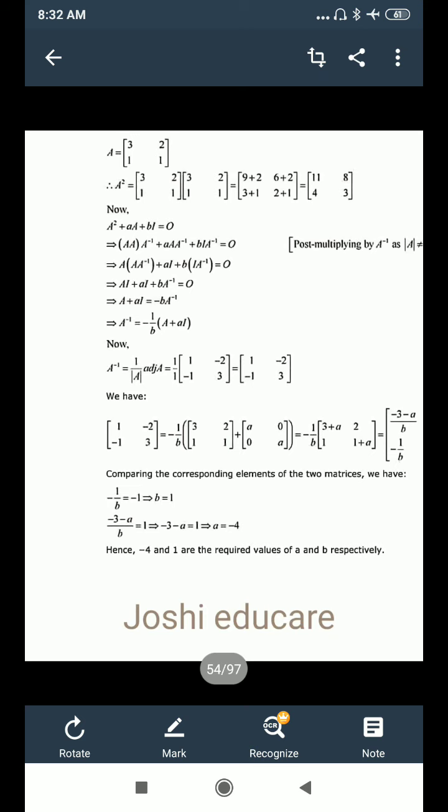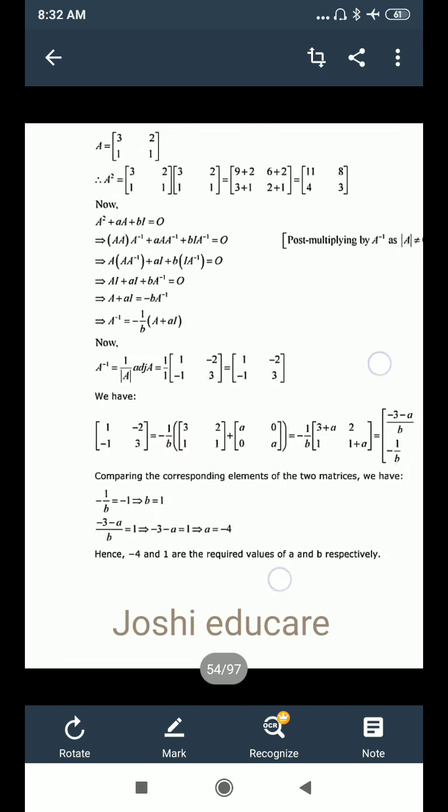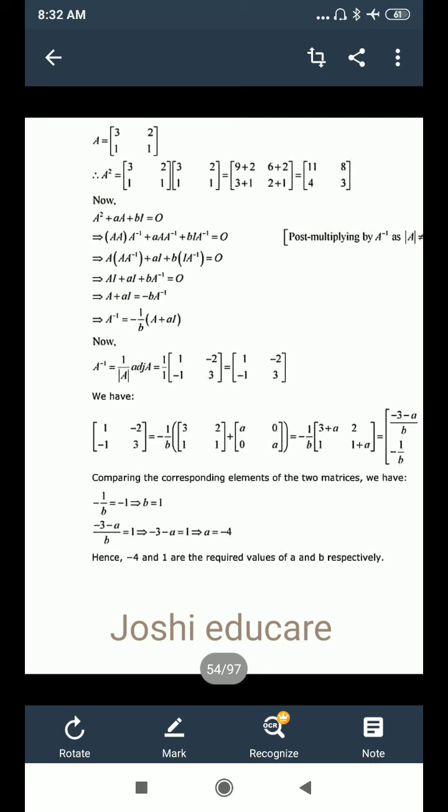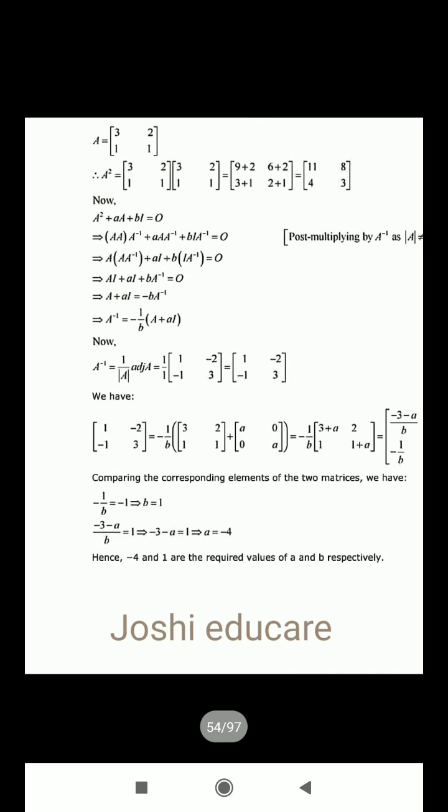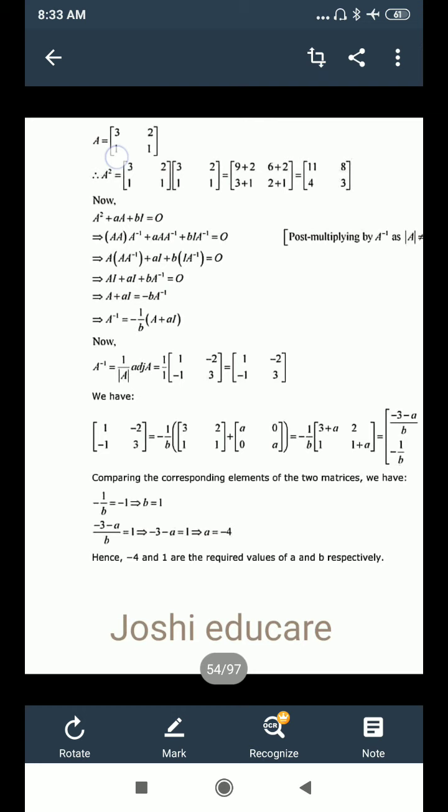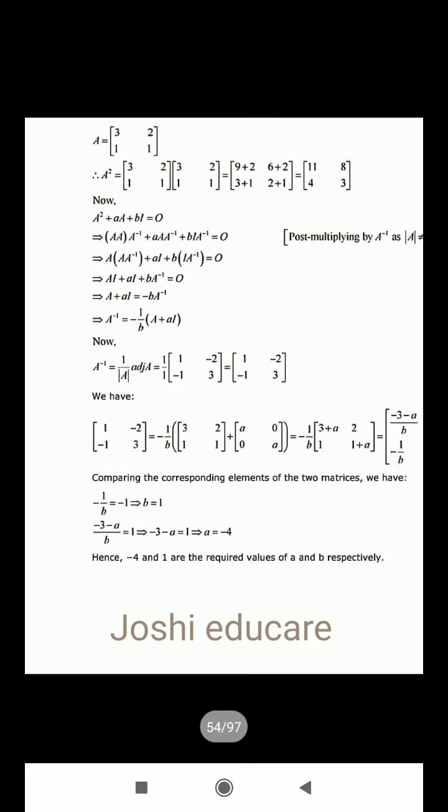All right. We'll get the value of A inverse. Value of A inverse is actually 1 upon determinant of A into adjoint of A. So determinant of A, we will calculate the value of this determinant, it is 3 minus 2, that is 1. And adjoint of A, in case of 2 into 2 matrix, we can directly calculate this. To calculate adjoint, you have to interchange the diagonal elements. So we have interchanged the diagonal elements and we'll change the sign of other two elements. So it will be minus 2 and minus 1. The same method I have explained. So this is your A inverse.